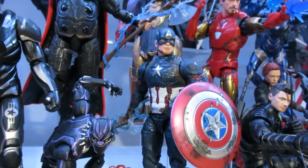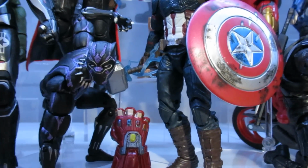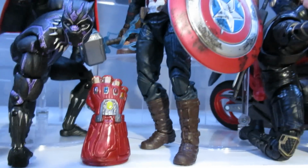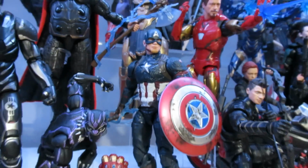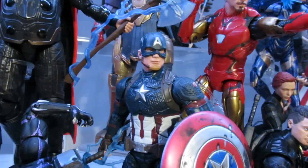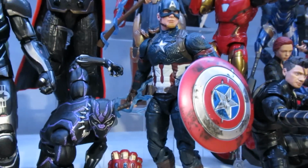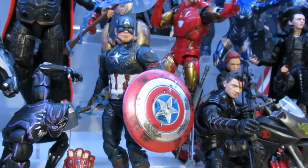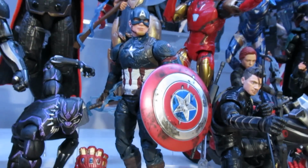Infinity Gauntlet, or I'm sorry, Nano Gauntlet. We have like 4 different ones now. Cap. This is, of course, the worthy version. This figure is getting old. I know that they announced a new version, or new, quote-unquote. They announced one with the Sam in Captain America 2-pack, but that one is just this one,